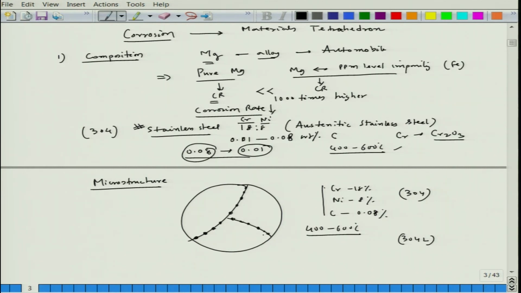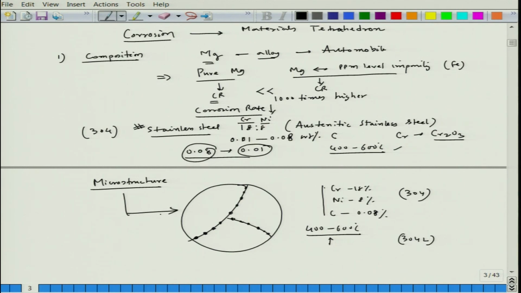So, these are the chromium carbides. If you cool it slowly, the time of retention between 400 to 600 degrees Celsius is a bit higher, but if you cool it rapidly, so that the time of retention of that particular steel component in this temperature range is less, the formation of chromium carbide on the grain boundary would be less. And this chromium carbide formation along the grain boundary is the sole culprit that gives a very high intergranular corrosion tendency in that stainless steel. So, that means you fix the composition, you change the processing, you get different properties, and that effect is coming because your microstructure is changing.